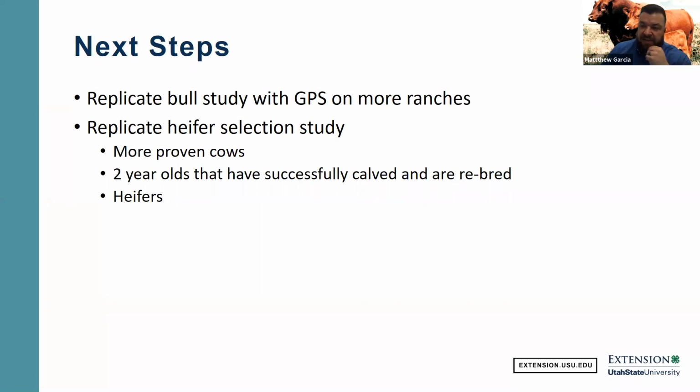We're doing this. We actually have collected about 200 samples of old cows that have that same production record here in Utah and Arizona. So we've collected more proven cows, about 200 more. We actually have some 2-year-olds that we're collecting samples on this week that have successfully calved, are raising that calf,